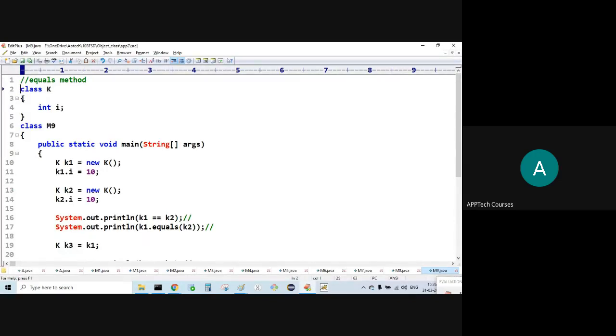Now we'll come to the equals method. Equals method of the Object class.